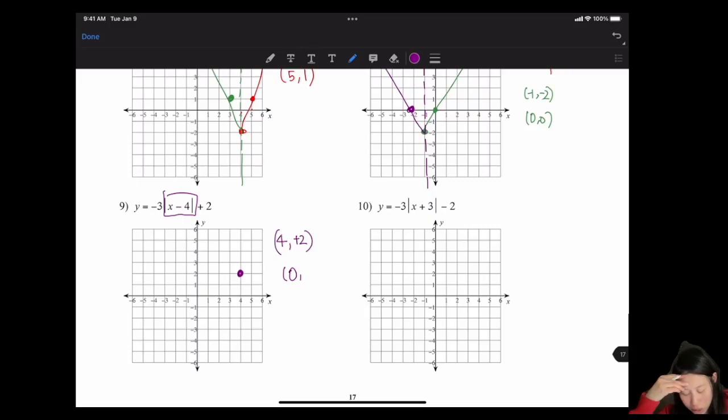oh, maybe that's too big. Let's find something smaller. That's outside of the range. Let's do 2. When x equals 2, we have negative 2. Oh, no. The absolute value of negative 2 is equal to positive 2. Negative 3 times positive 2 is negative 6, plus 2, which is negative 4. We have (2, negative 4)